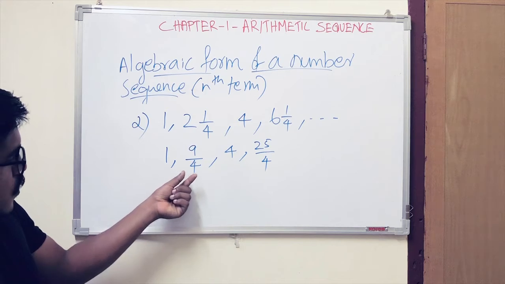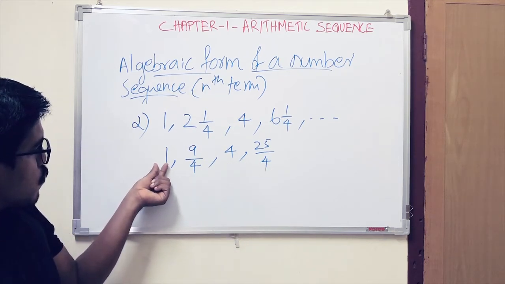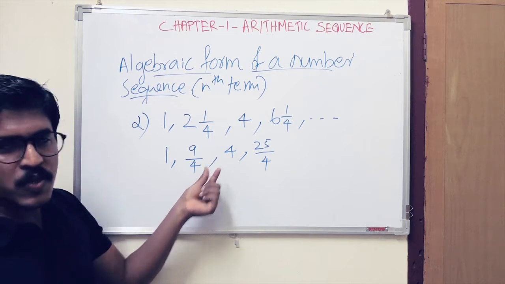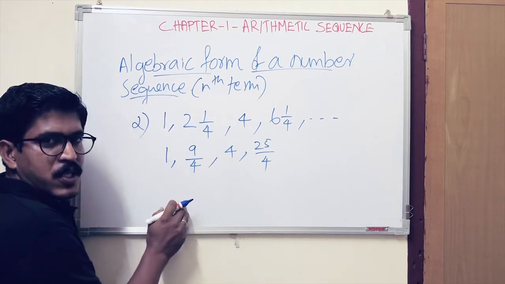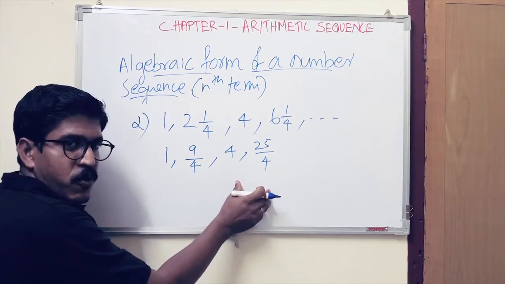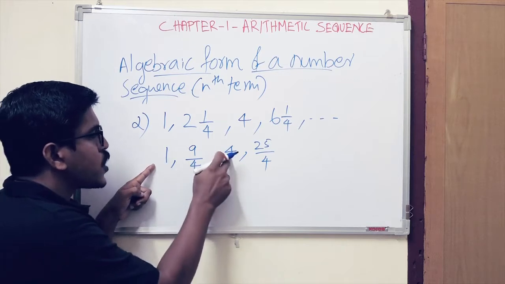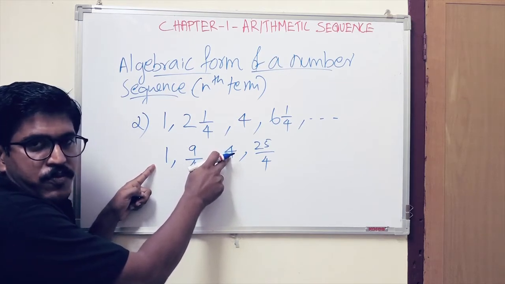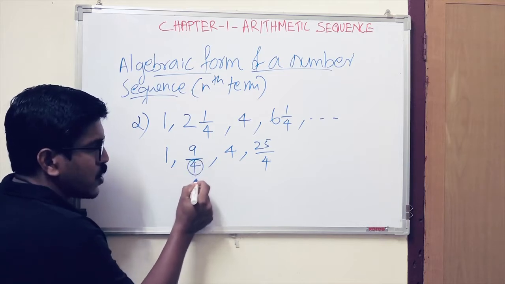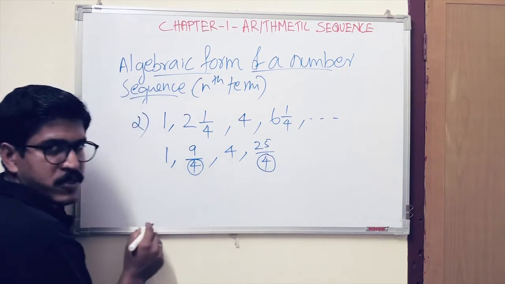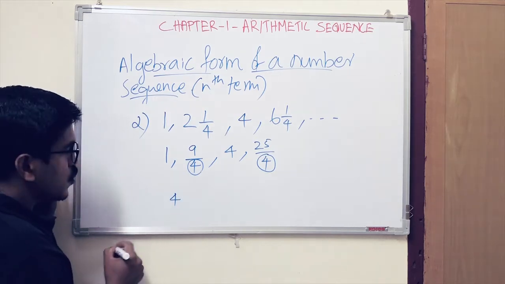Now you can see that we got two fractions here, and the natural numbers 1 and 4 are also here. So we need to convert these natural numbers into fractions. Then only you can find a unique form here. So we are going to convert these two natural numbers into a fractional form. And one more thing, you can see the denominator is 4. Here this is also 4, the denominator. So we can fix the denominator 4 first.